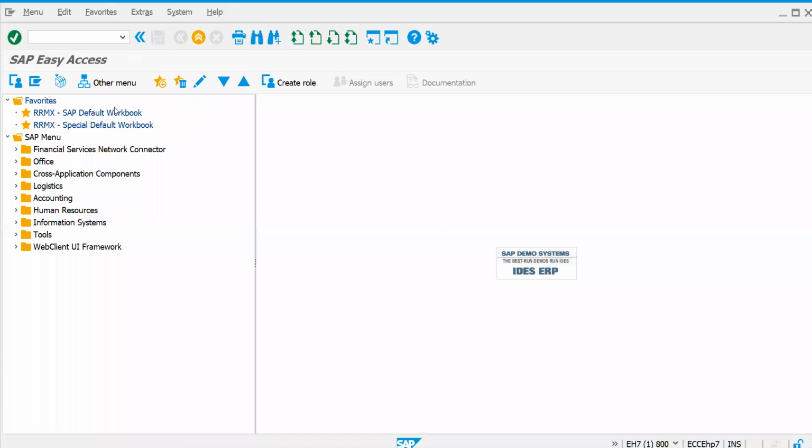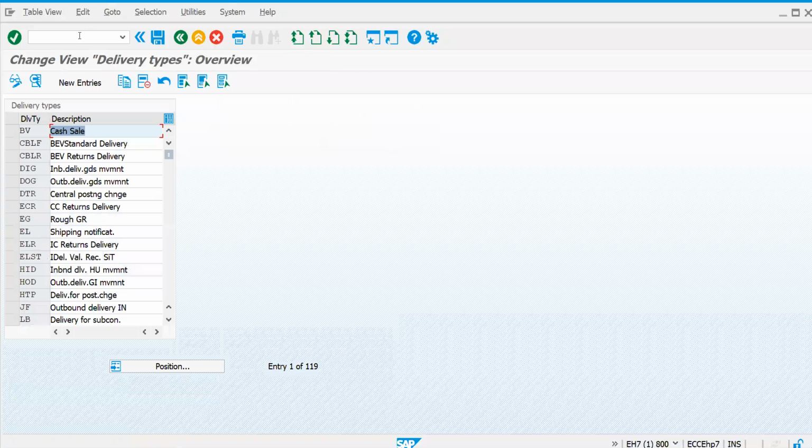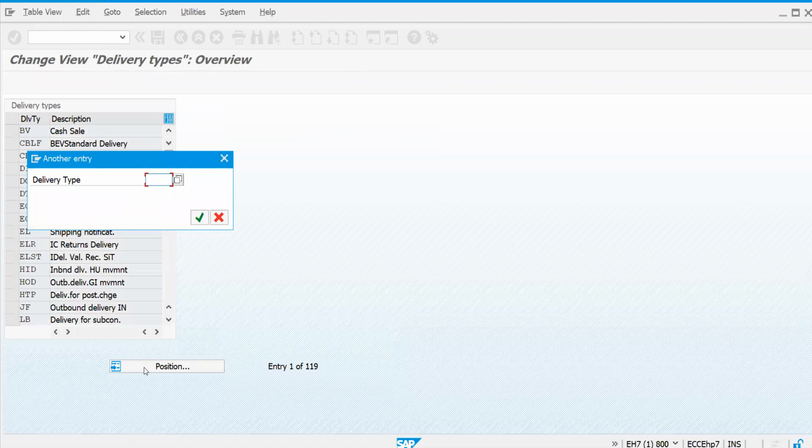So people think, why do we require this TVAK table, why are we understanding all these things? At the time of initial learning, I also thought that, but in my practice I got to know this table. I have used it in one of my implementations. I needed it for a certain solution based on a document type level check. If I want to do it, I use this table. So that's why in SAP everything needs to be explored, but it always gives an edge to your knowledge.